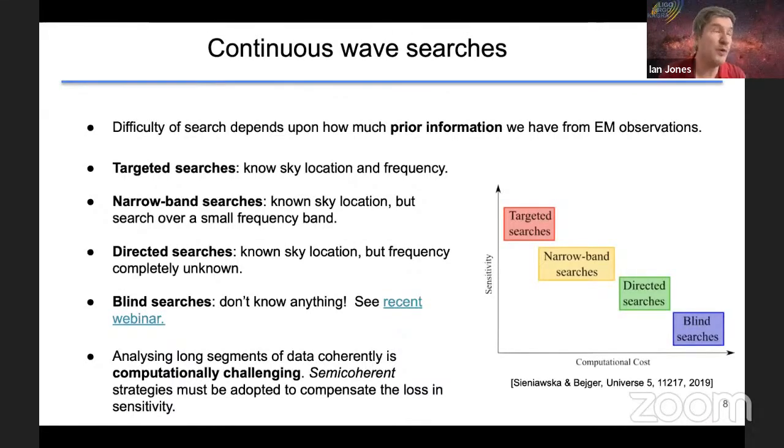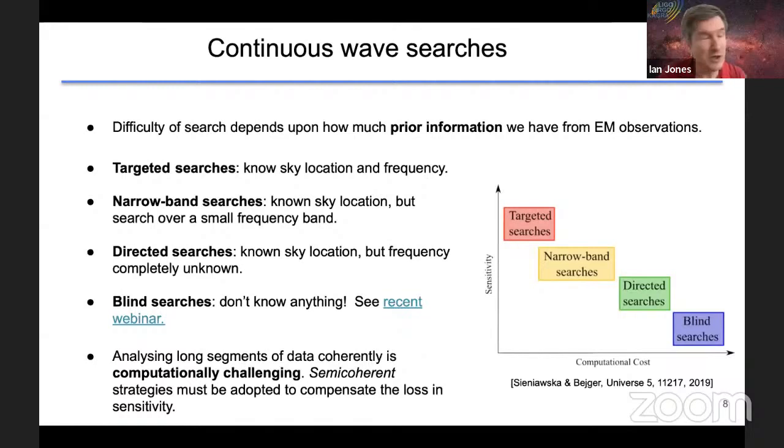So we're searching over all the directions in the sky and over all frequencies at once. You could easily saturate the entire computational power on the planet doing one of these searches. We had a recent webinar a month ago on this, and there's a YouTube link there, so by all means click on that. But today we're talking about where we basically know where we're looking in the sky, but we don't always know quite what frequency to look at.